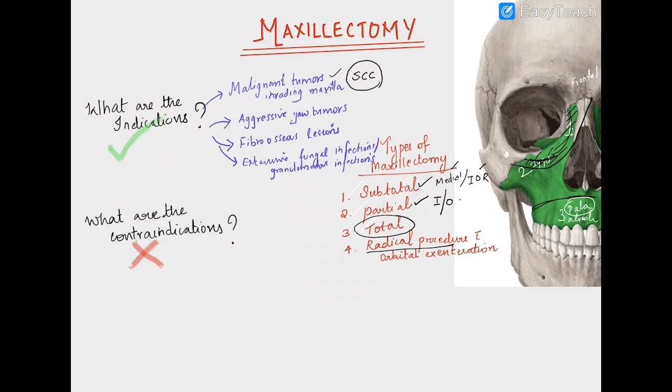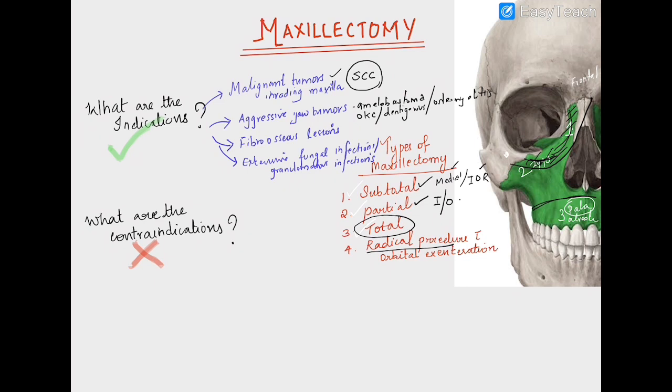Then in case of aggressive jaw tumors which invade the entire maxilla, like ameloblastoma, or sometimes any kind of cystic lesions. Actually, cystic lesions are common in the mandible, but they can occur in your maxilla also, like your OKC or any kind of extensive dentigerous cyst affecting the entire maxillary bone, etc. We have to remove the maxillary bone. Also, in case of osteomyelitis. Osteomyelitis is common in the mandible. Again, if it occurs in the maxilla, sometimes it can erode the entire bone, which will result in the resection of the maxillary bone.